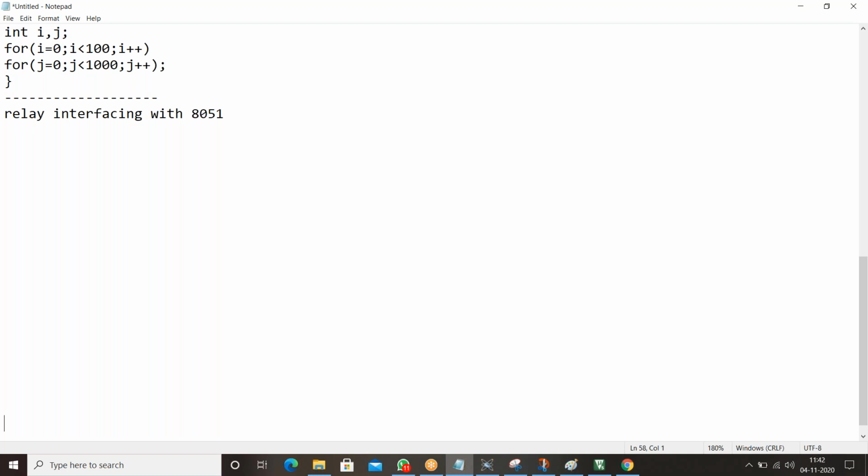So here in this 8051 microcontroller we are using 5 volts DC power supply and a maximum of 12 or 13 milliamperes of current. But we need an extra power supply for this relay. We are going to take 12 volts for this relay. Obviously we are going to take 230 volts to operate the lamp.